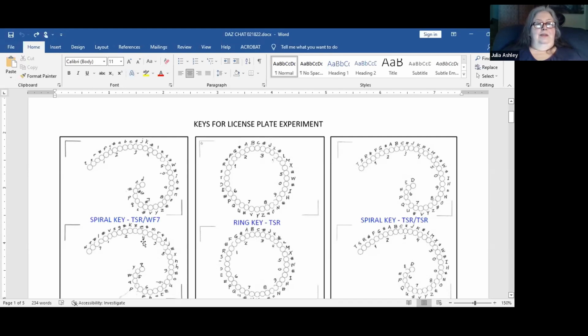I used this for the last few of my license plates. This ring, I just wanted to try. I tried it with 6 license plates and wasn't having much luck at all. But I began with the TSR, same sequence as this one on the left, but it's in a ring. And there's a lot of design concept here, and we don't have time to go over it, but there's a reason why I went from one to the other.